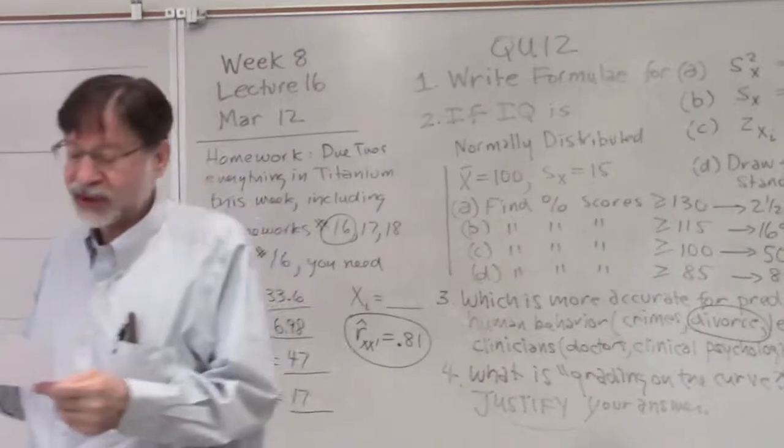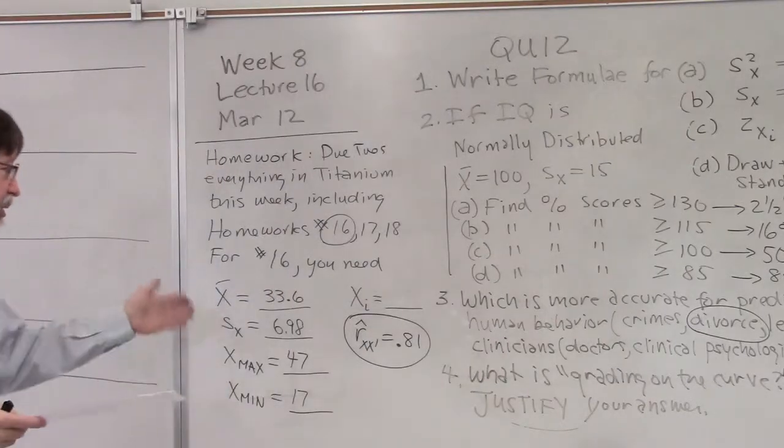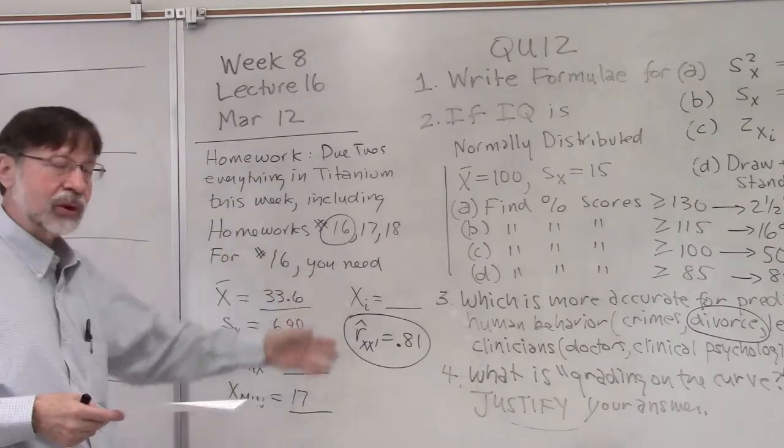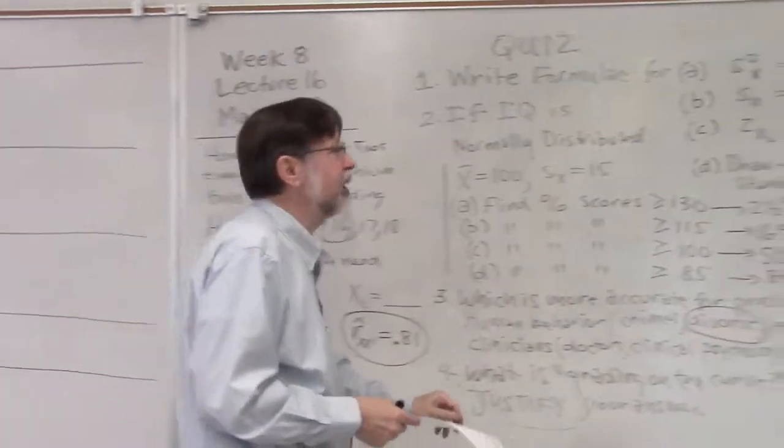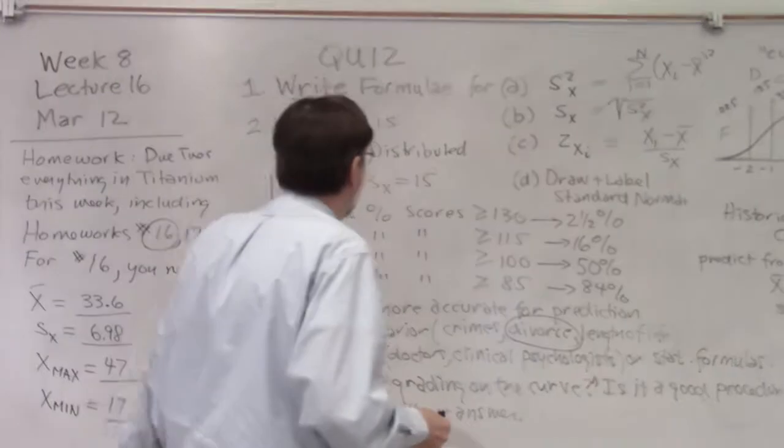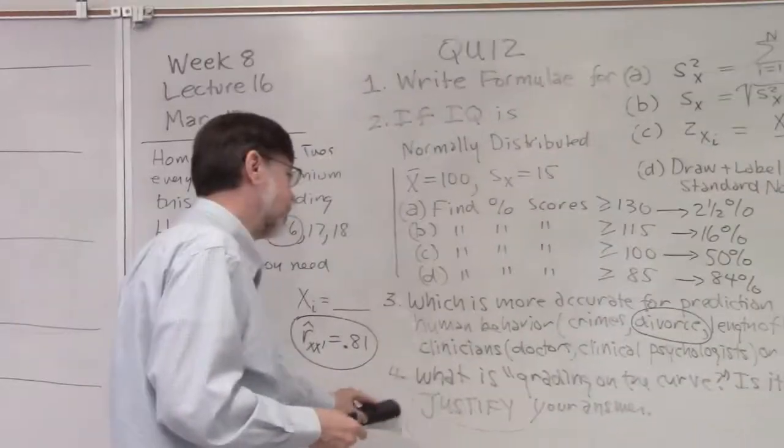I'll post results, but that's not everybody. As you can see, there's a distribution of scores. Now, what does this number represent? We're going to be talking about correlation. Let me go through. So I've talked about